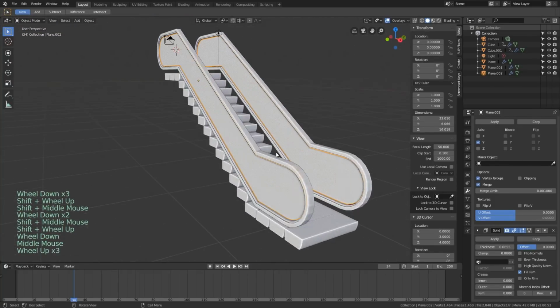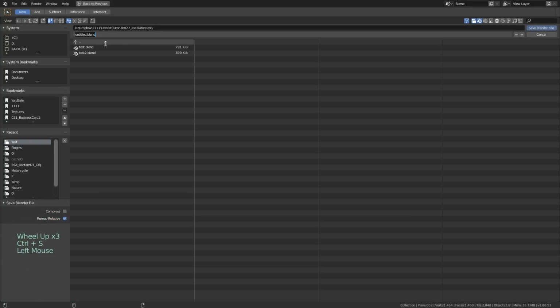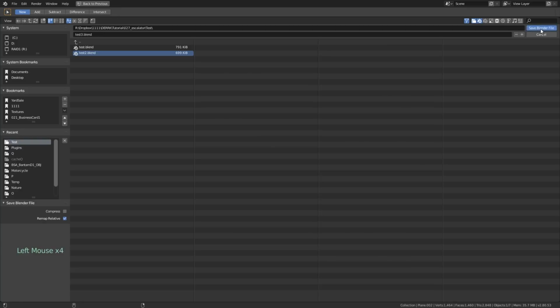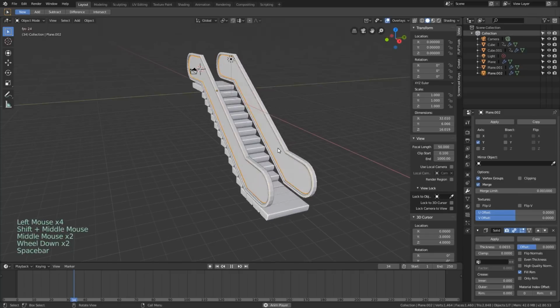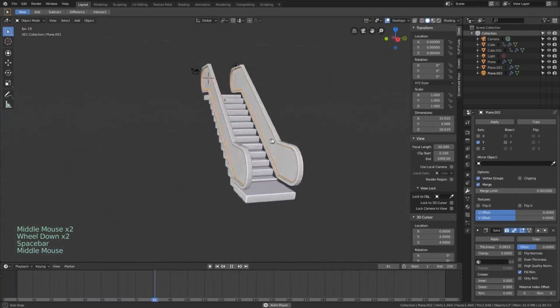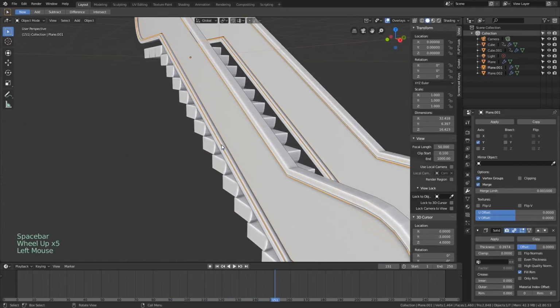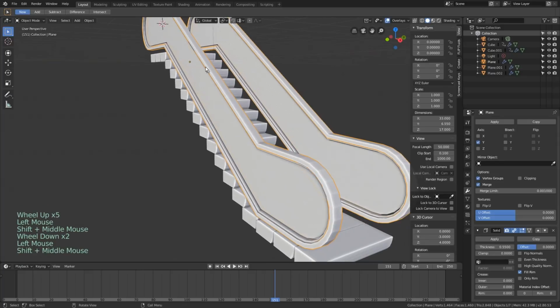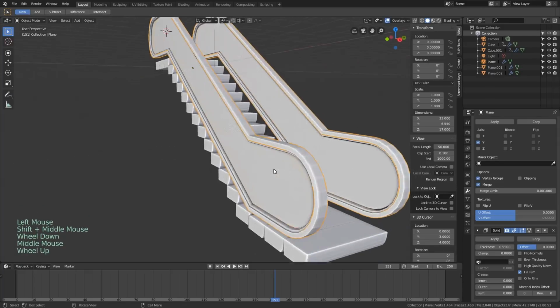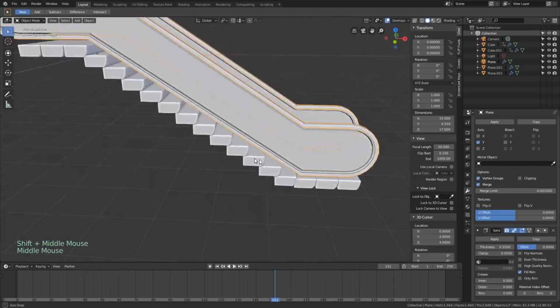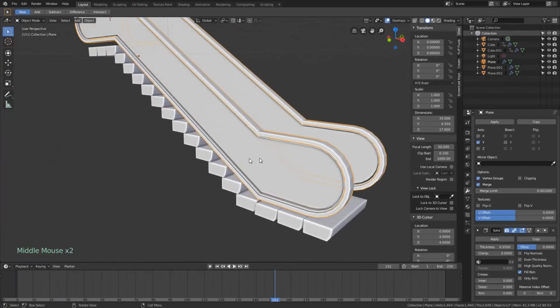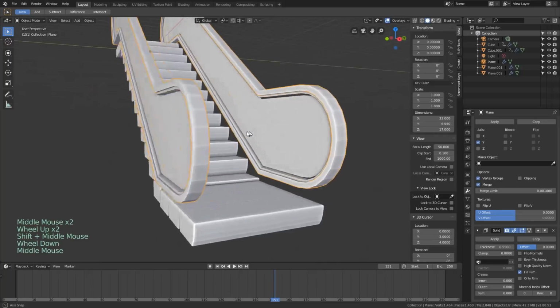So let's save our file. You can see I've got a couple attempts here. I'll save that one. Okay, so let's play. Looking pretty cool. Now we just need to fill in those edges. So let's go into, and we're not going to animate this handrail because, technically, it would be so consistent you wouldn't really be able to tell. It would be more work, and I think this tutorial is long enough.